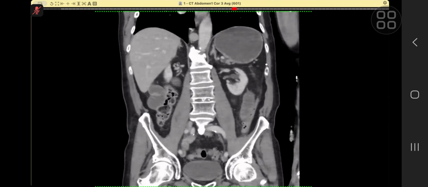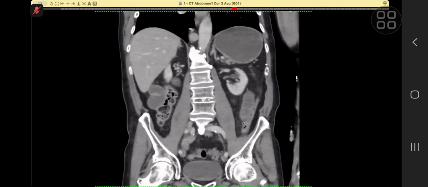Yes, here I can see that it is a long segment with circumferential thickening. Yeah, I think this is the area of the